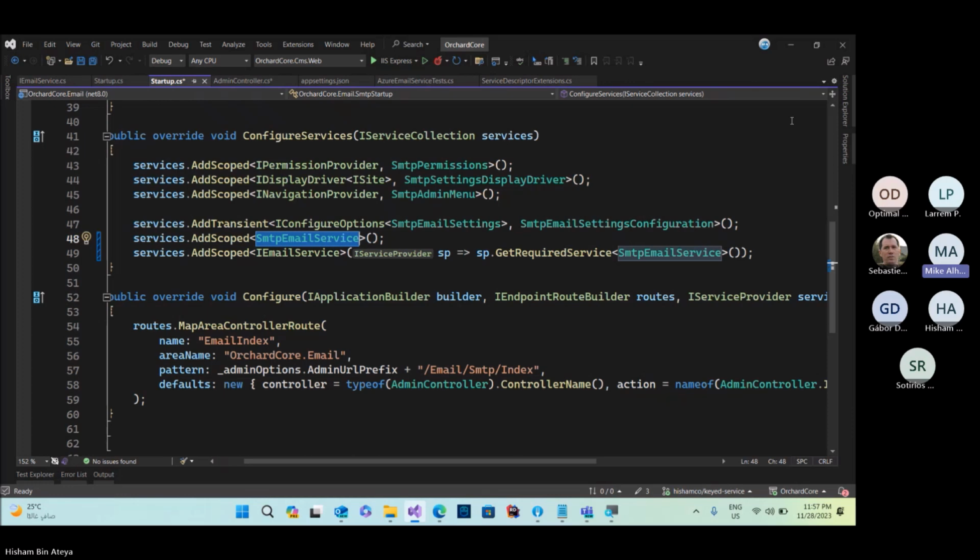For example, in my project, I have a pre-configured SMTP service, meaning if I add a new tenant, by default I give them what's called system settings. System settings provide out of the box for the tenants a pre-configured email that they can just use to send things like email notifications. However, if they want to change it, they can select SMTP settings and override it with their own custom settings.